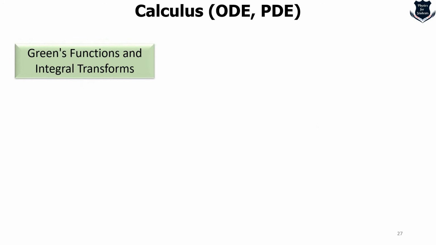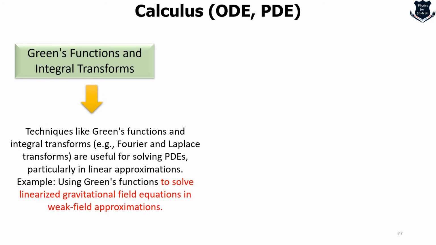Last but not the least, very important is the Green's function and integral transforms, because you can search on the internet and archive.org. You will see there are a lot of papers which are written using Green's function to solve what is called linearized gravitational field equations in weak field approximation. And this was just what I was talking to you about in the first part, linear and non-linear PDEs. So you need to have Fourier, Laplace transforms and Green's functions in order to use them to solve linearized gravitational